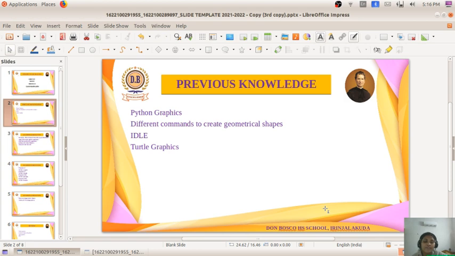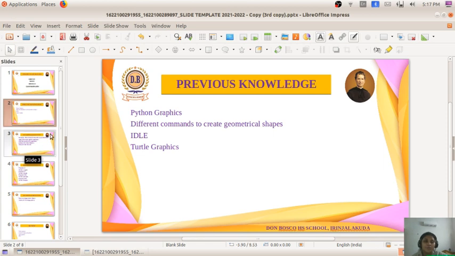And also we have discussed turtle graphics. Some commands are not familiar to our Python language, so we have to import them from the library. It is a software, or we can name it a library or a module. That name is turtle graphics, from which we can import the commands. We have discussed all these things in the previous class. So today we will be doing programs related to that. We will be creating geometrical shapes and patterns.